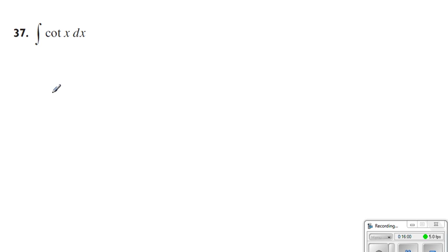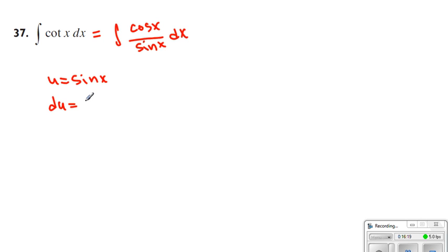We have cotangent. What are we going to do? If you have to rewrite this one, cotangent as cosine of x over sine of x dx. Now, from here, if you said u as sine of x, then du is equal to cosine of x dx. Now, if you have to use that, then we end up getting 1 over u du,